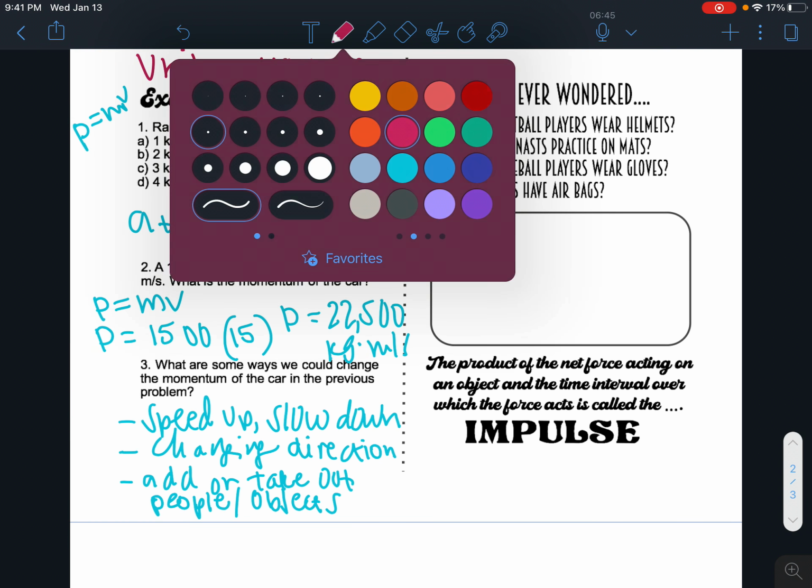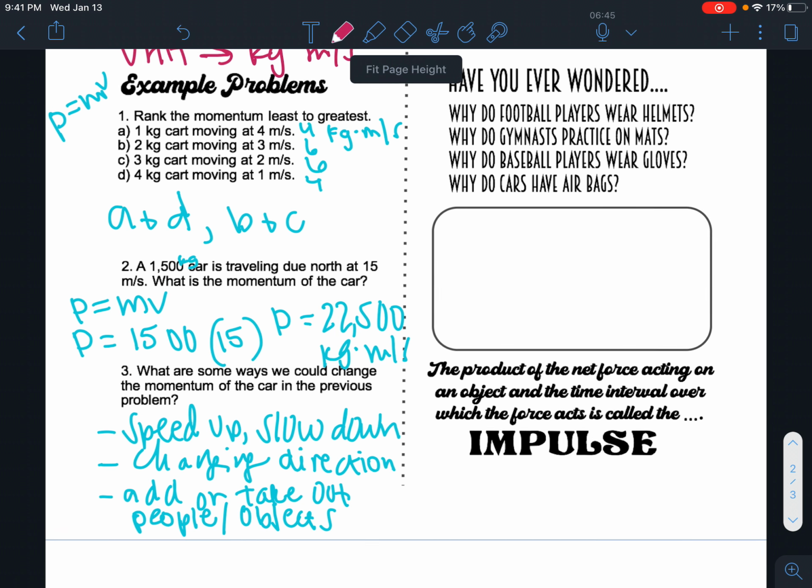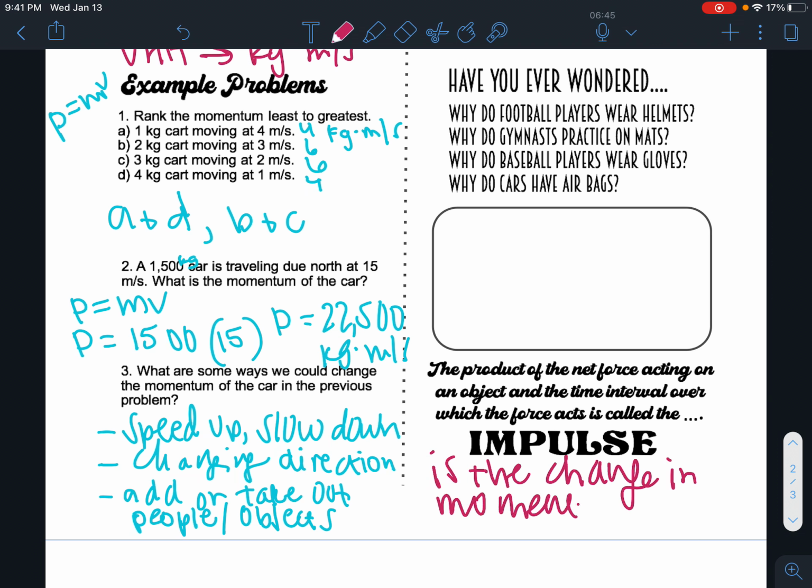All right, the last thing that we're going to talk about today is impulse. Have you ever wondered why football players wear helmets, why gymnasts practice on mats, baseball players wear gloves, or cars have airbags? That is all due to something called impulse. So impulse is the change in momentum. And basically, the faster your momentum changes, the more force is involved,